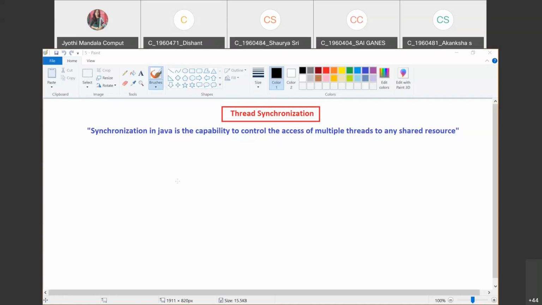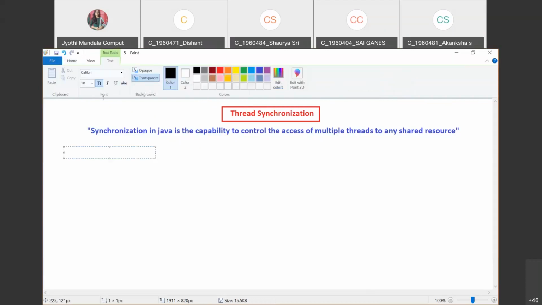Let us consider one code. I want to have an application called a bank application. Let us consider a bank application. In bank applications, one thing we have is the withdrawal option, isn't it?